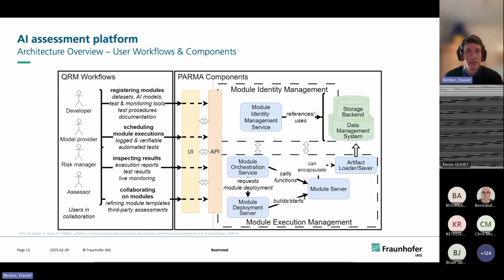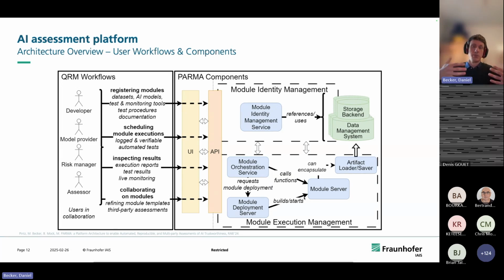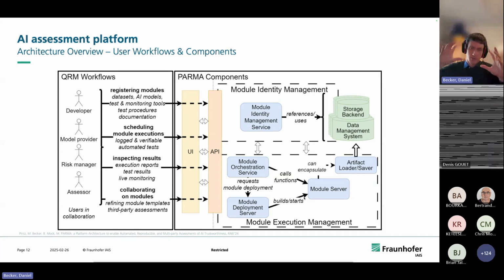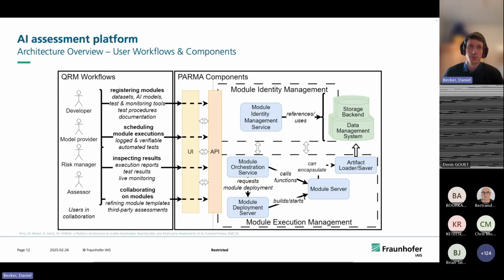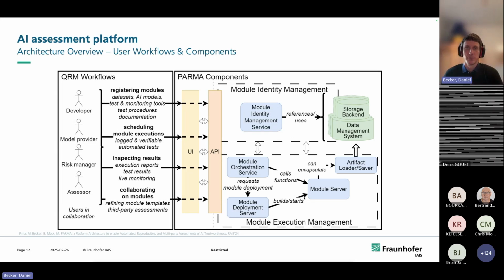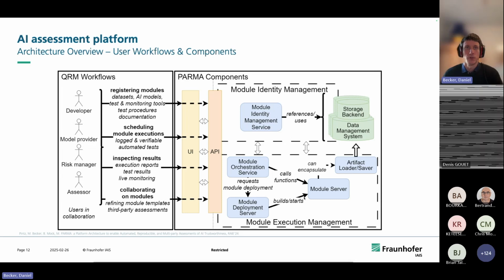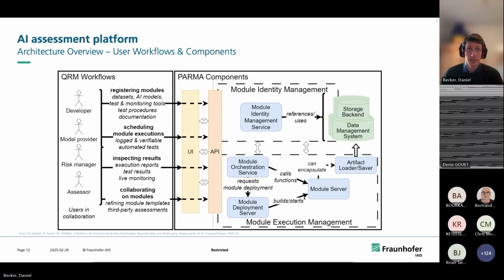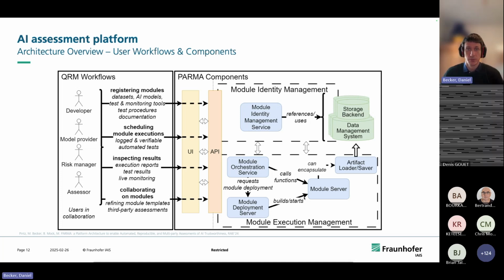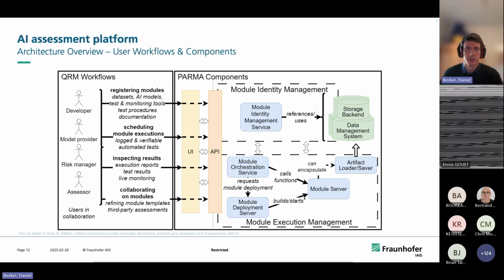And of course, what we need is, first of all, to be able to register modules, which is what I so far called components. And what a module is, I will explain on the next slide. Which could basically be individual components that can be made to interact on the platform by connecting them to workflows. And you should be able to upload them. You should be able to schedule executions, execute these models if they are executable. I come to this in a second.